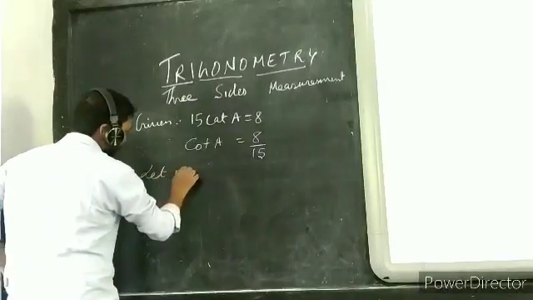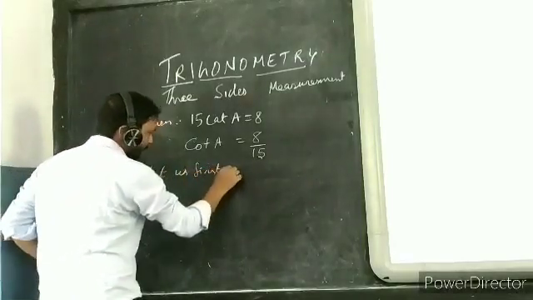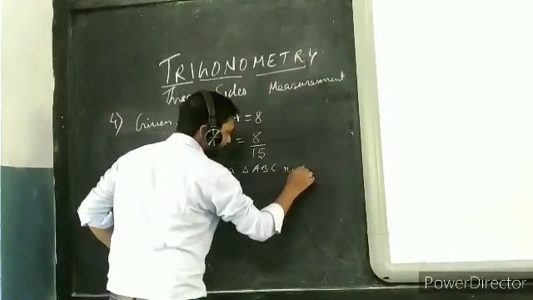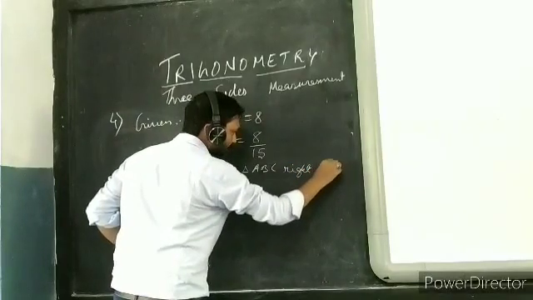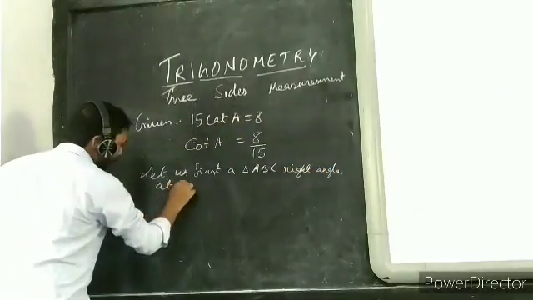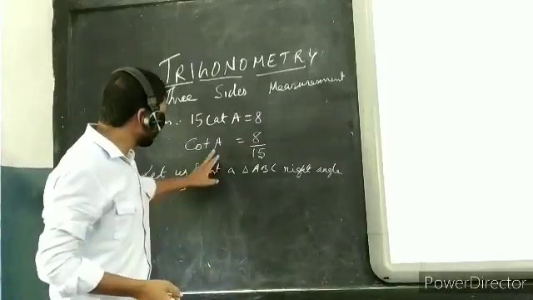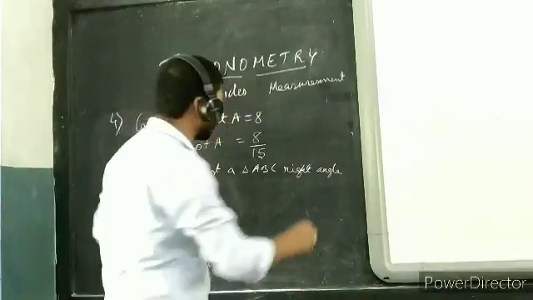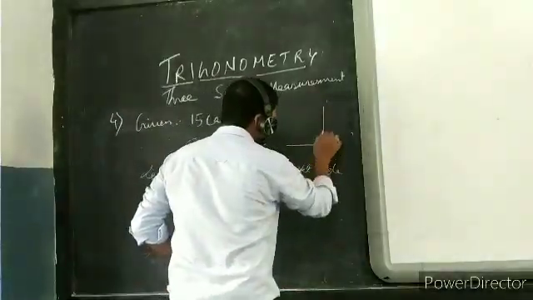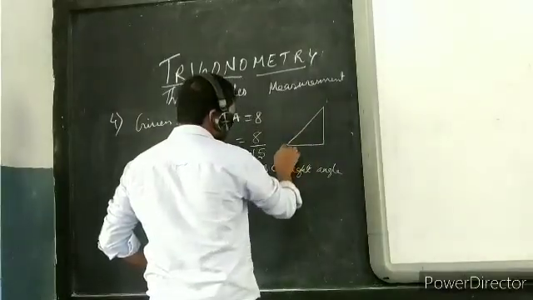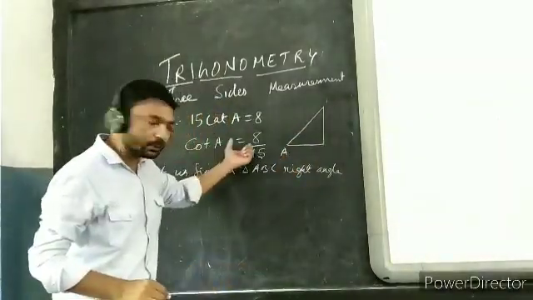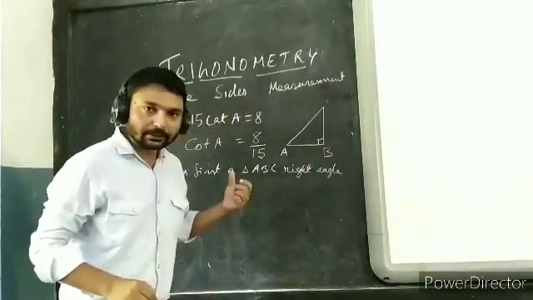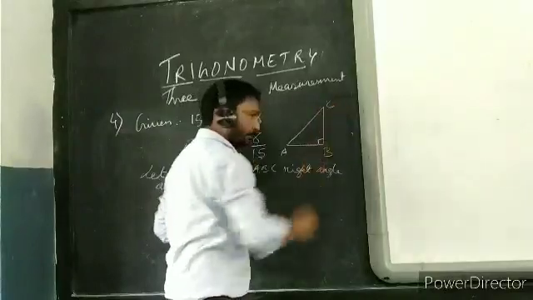Let us first draw a triangle ABC, right angle at B. Now keep in your mind one thing, you will not write the right angle at A because it is an acute angle. You can write it at B or at C, whichever you want. Now we draw a triangle. Since tan A equals 8 by 15 is given, this is A, this is B because I have written that B is a right angle, and we are going to put C.